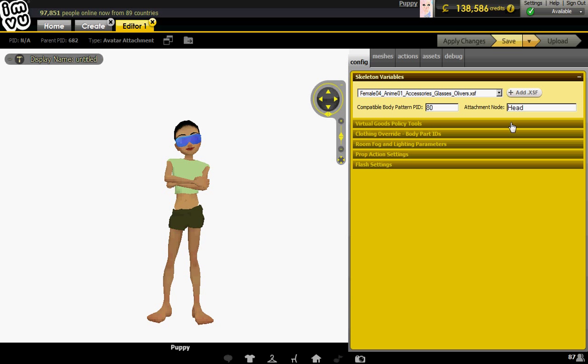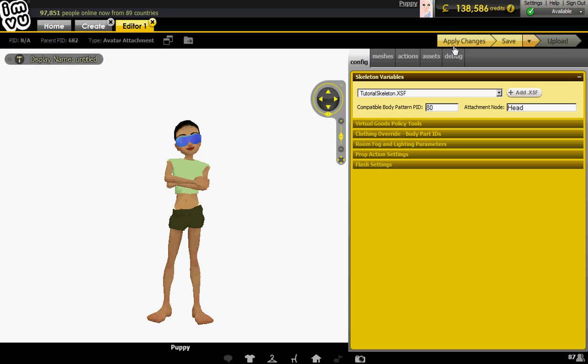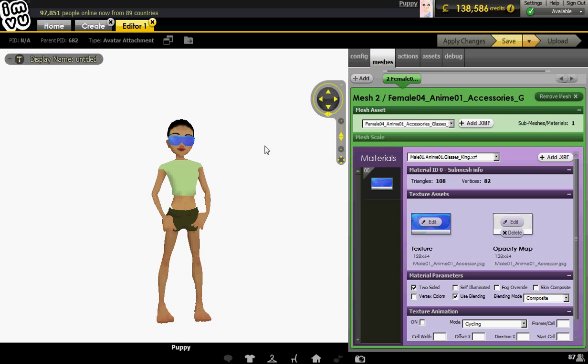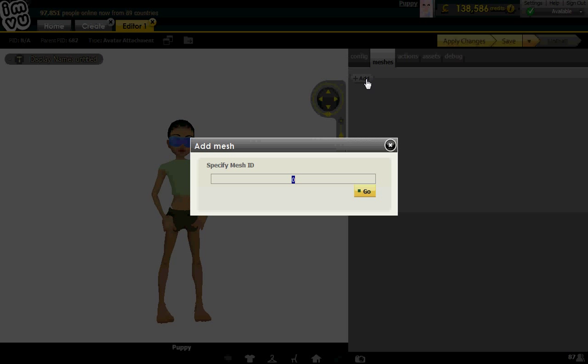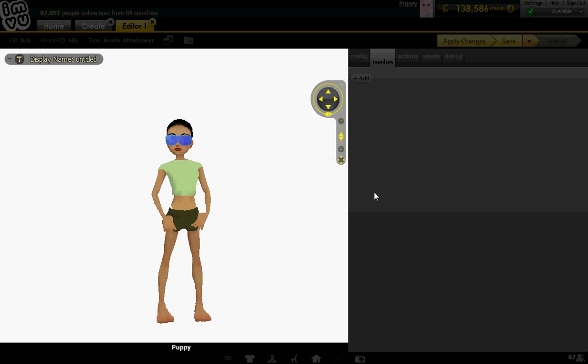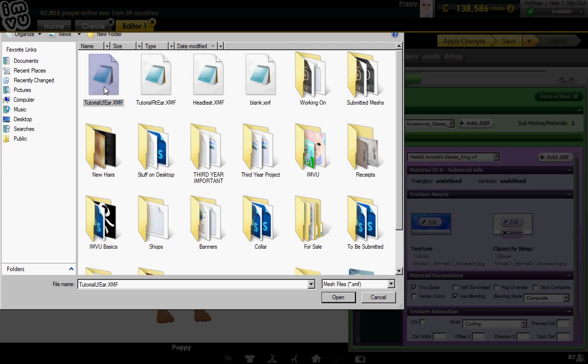Click config first, add your skeleton, XSF, tutorial skeleton, meshes, remove mesh, yes, add whatever number you like, between, what is it, 30 and 100 or something like that, so 98, tutorial left ear, XMF,